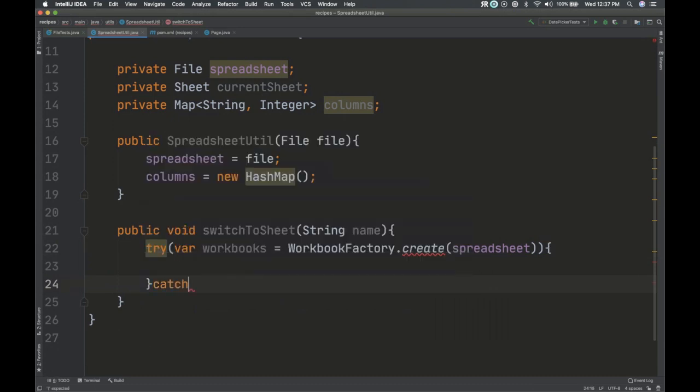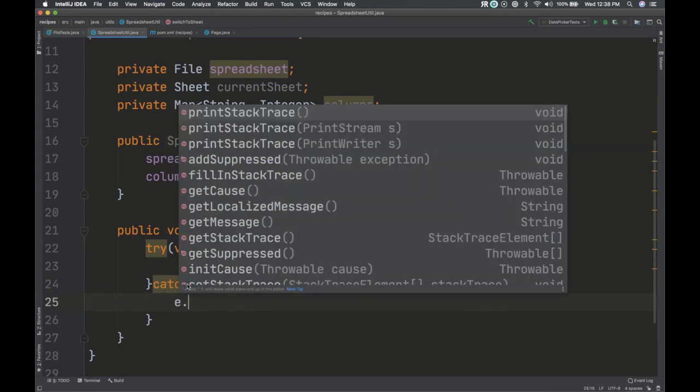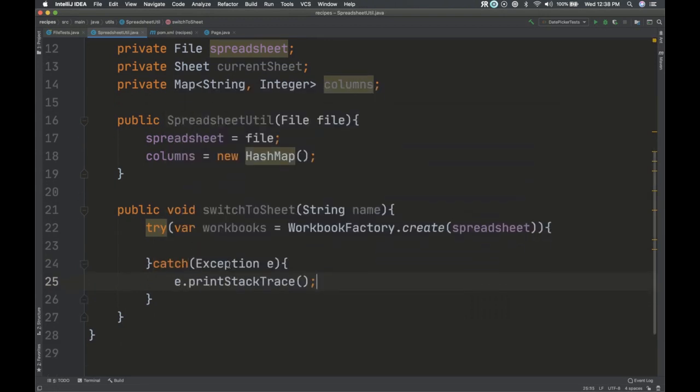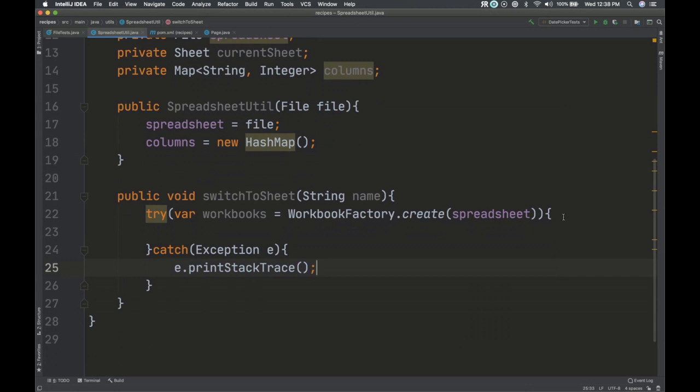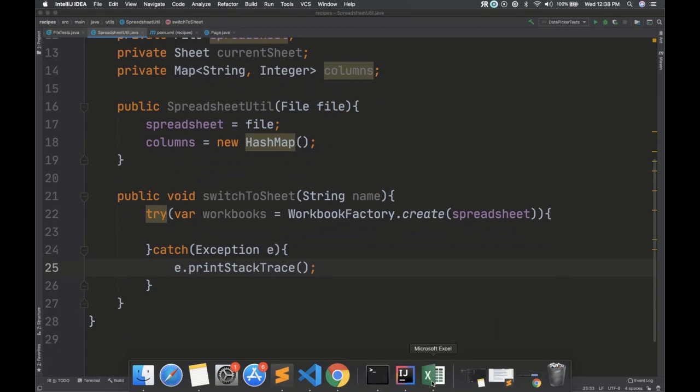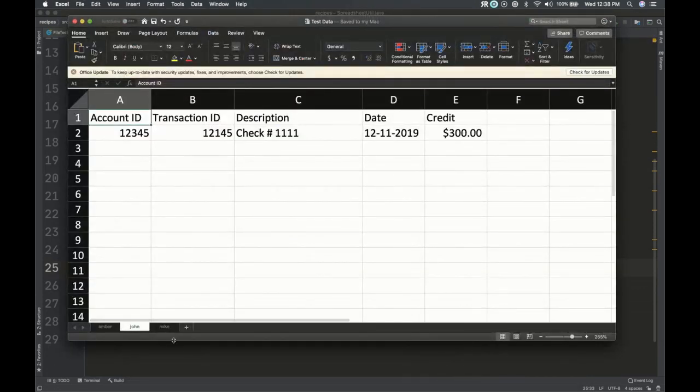All right, so we'll catch the exception. And then, I don't know, just print this out. Okay, so great. We've got all the workbooks. This is all three, Amber, John, and Mike.